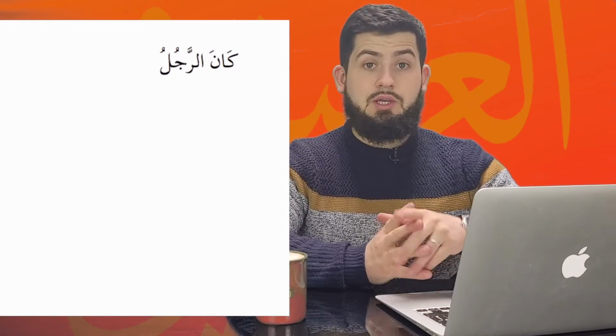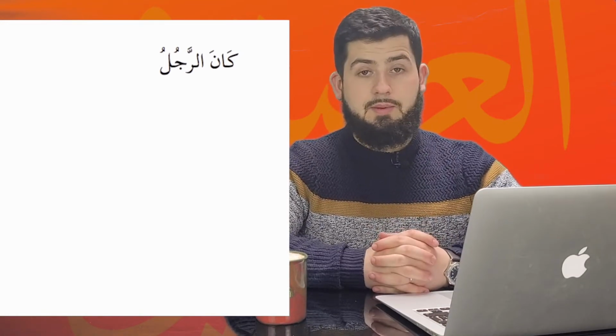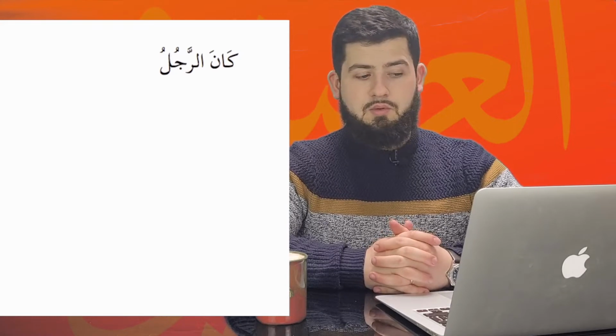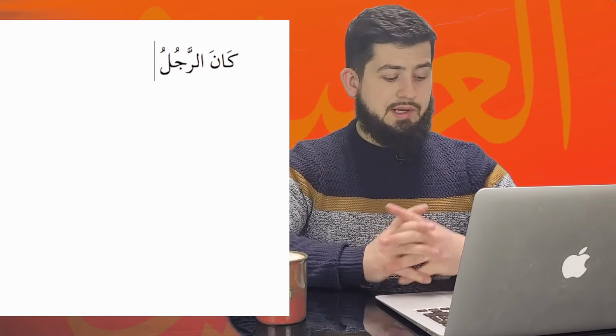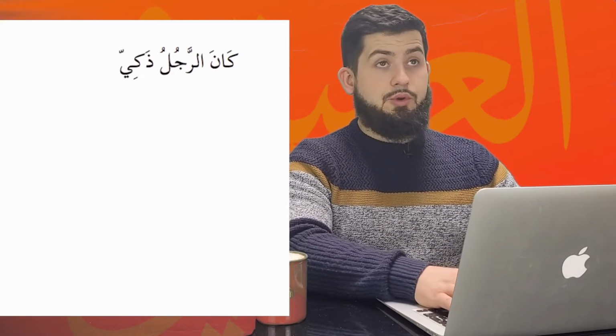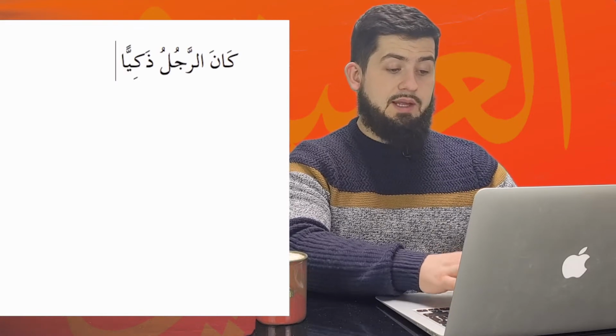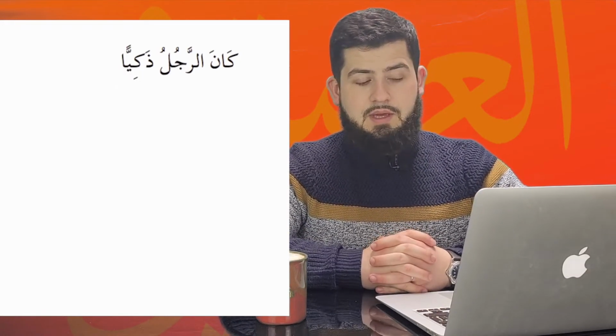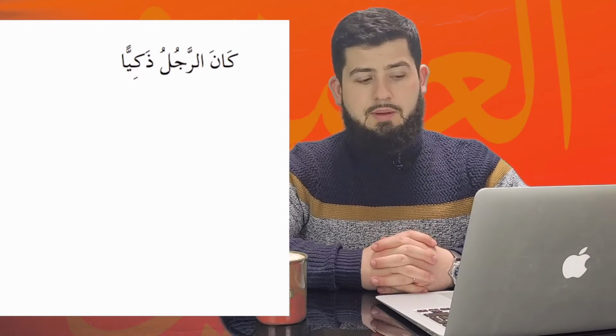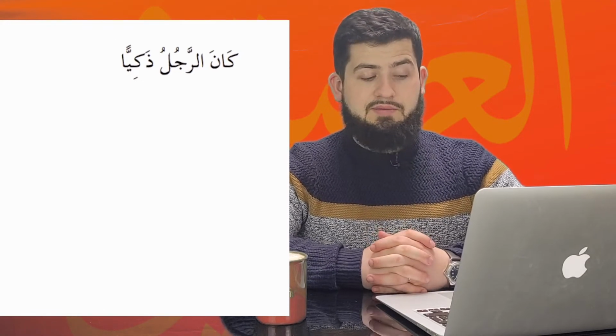And then the word that we're going to use to describe this, or what we call the khabar, needs to be mansoob. So for example, the man was clever. Let's use the term dhakiyun. So it would normally be dhakiyun, but because of kana, it's going to be dhakiyan. Kana ar-rajulu dhakiyan. So we remember that rule, right? The man was clever.